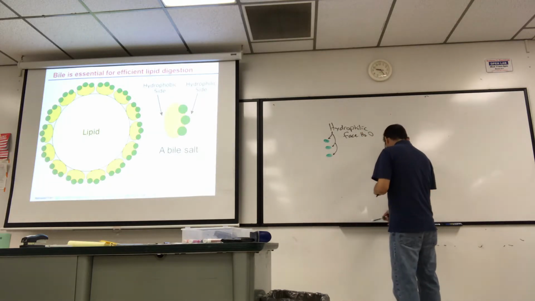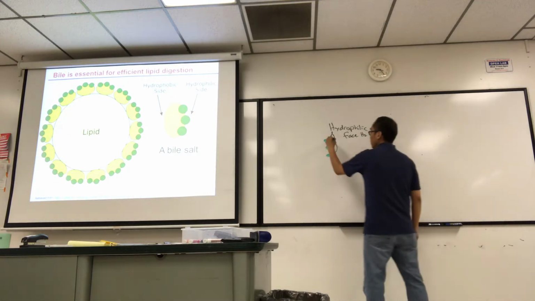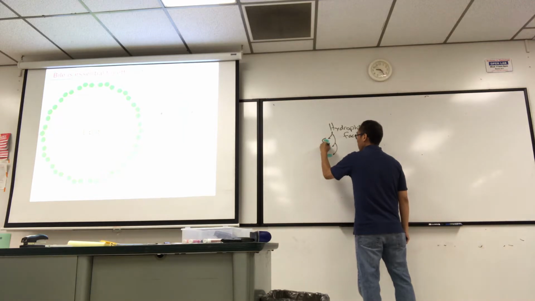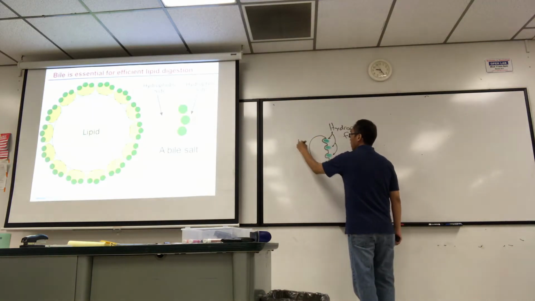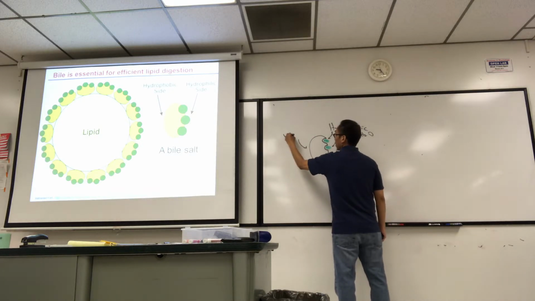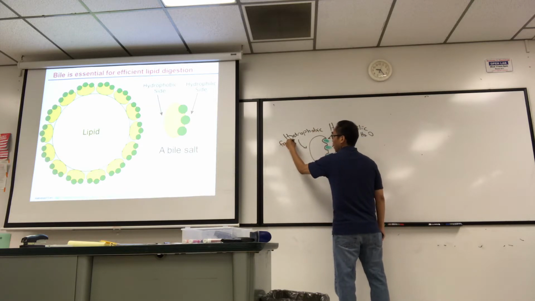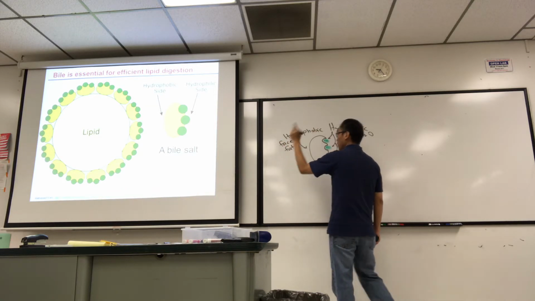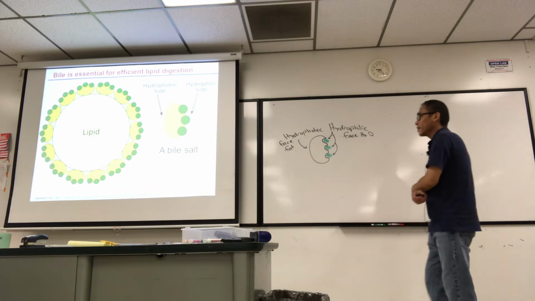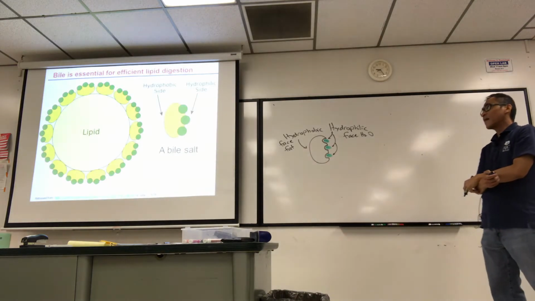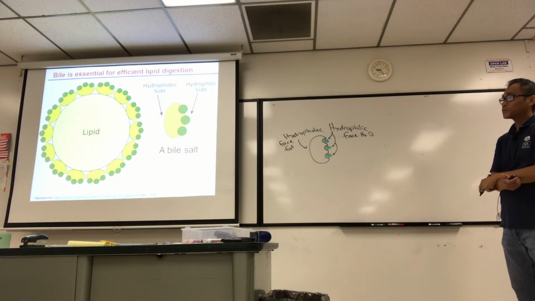Then the hydrophobic side can kind of face the fat. So when you emulsify a fat in your digestive tract, you're taking that lipid droplet and you're surrounding it, forming